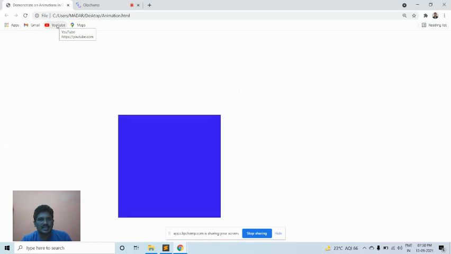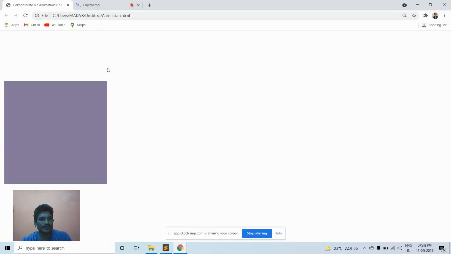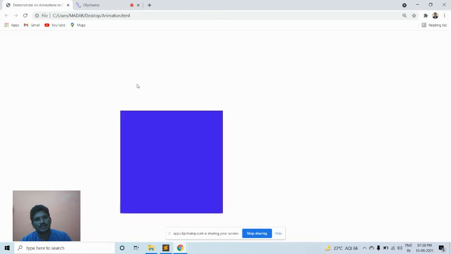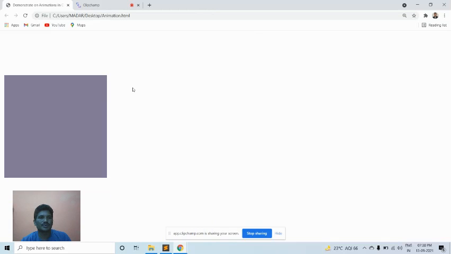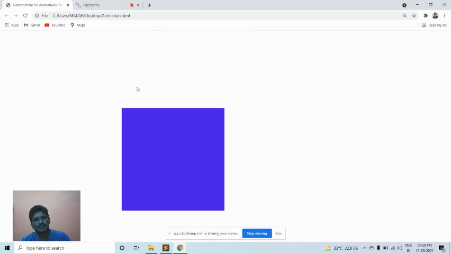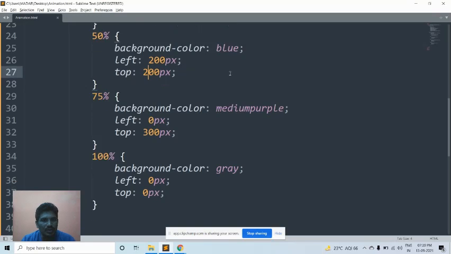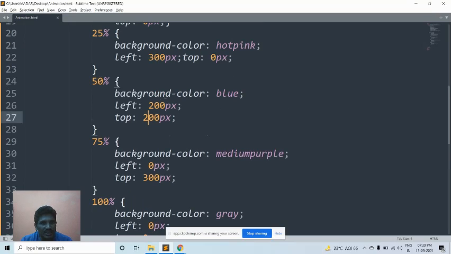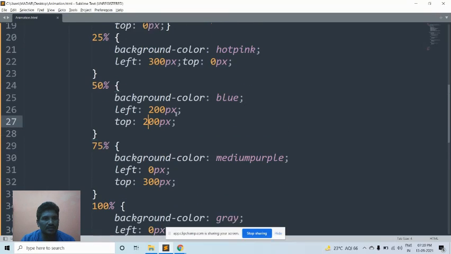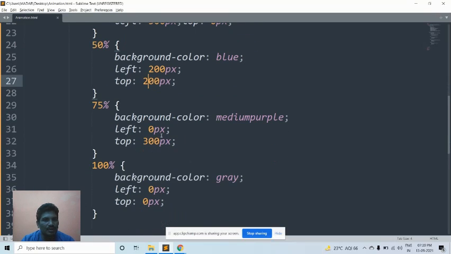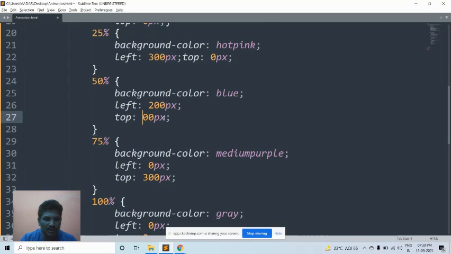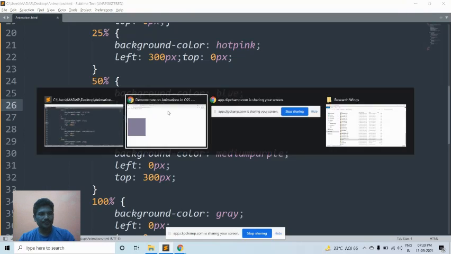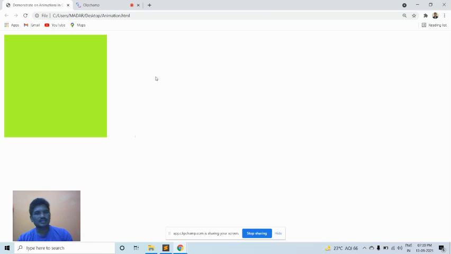Now that I changed the animation, for example, here when you come to 0 to 50, 200 left, bottom, then top here, for example, I would like to use 400 pixel over here. Then it is 300. Please check it once.